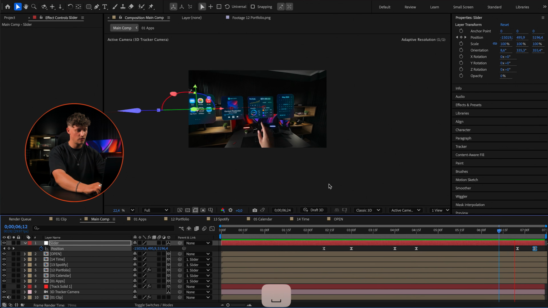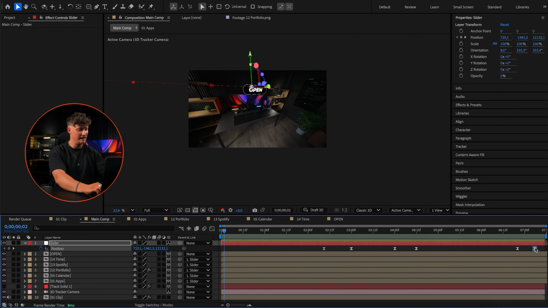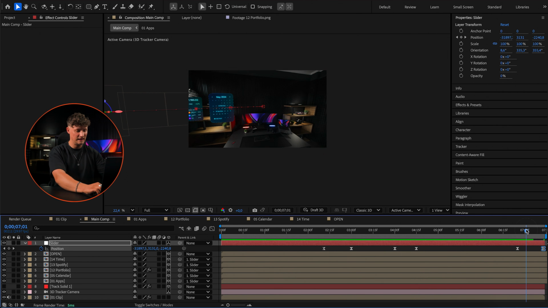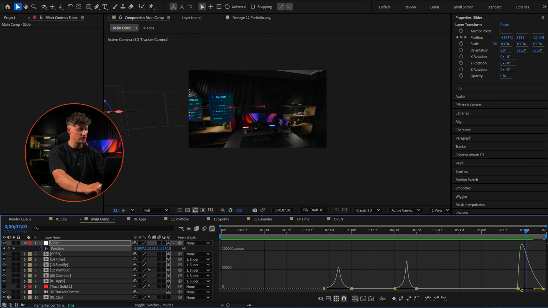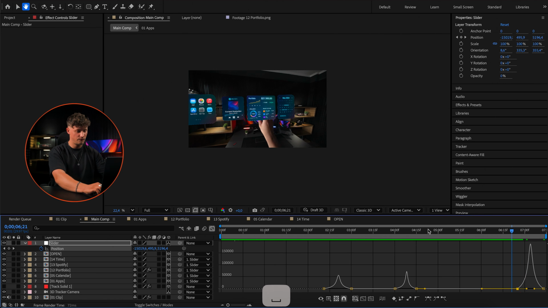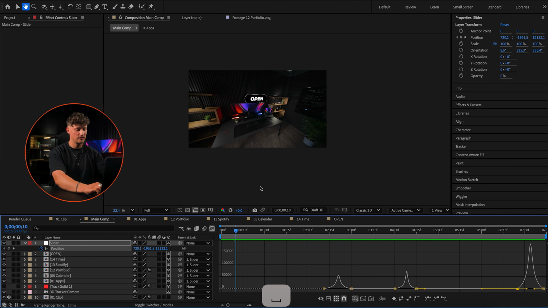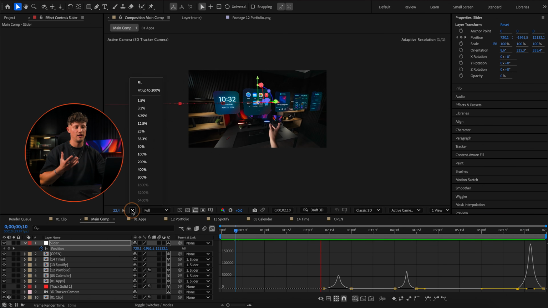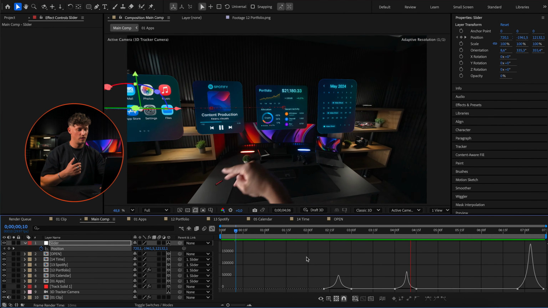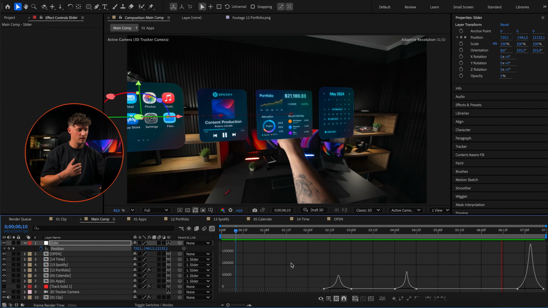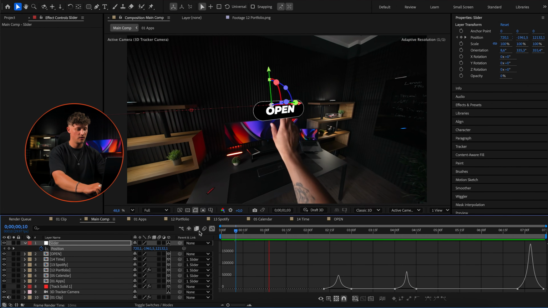Let's see how that looks. So I'm selecting this one. That's a pretty quick one. So make sure you leave enough time for all these animations to actually, yeah, pop. So we could drag them a little bit further. Yes. So now the animation is a little bit slower, and it looks more realistic. So now we're swiping and we are selecting, and zoop, they go out. Awesome. And I think that already looks super cool, right? That's how you can animate all of those comps and HUDs.